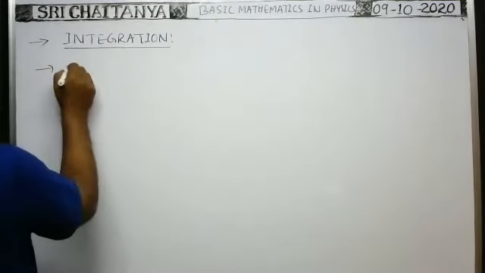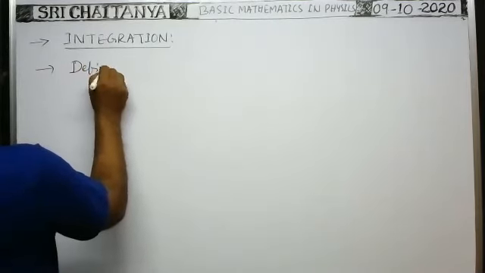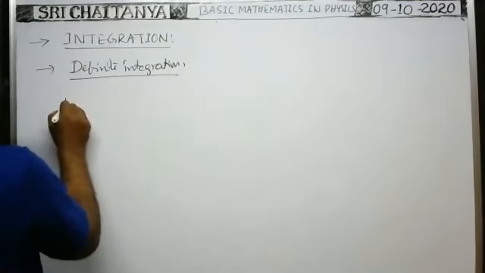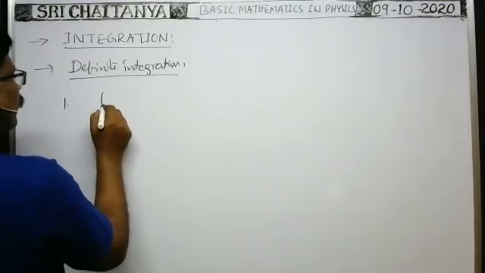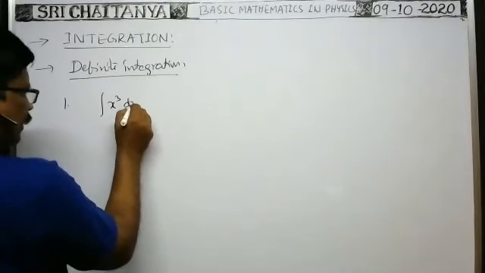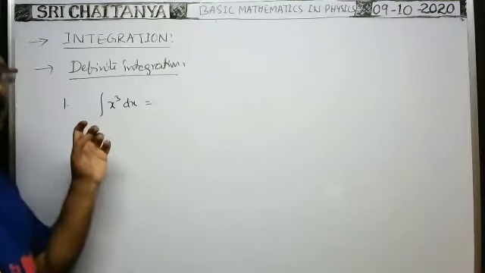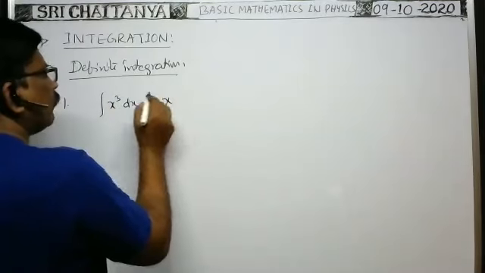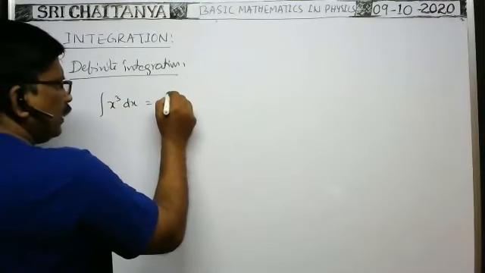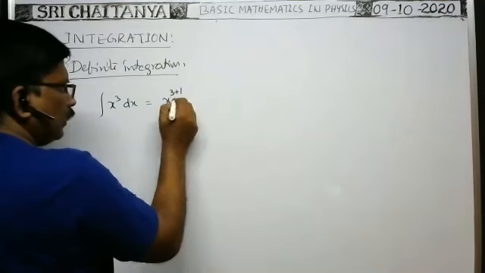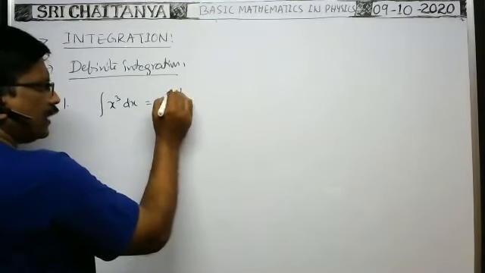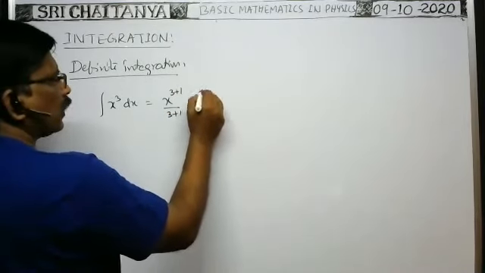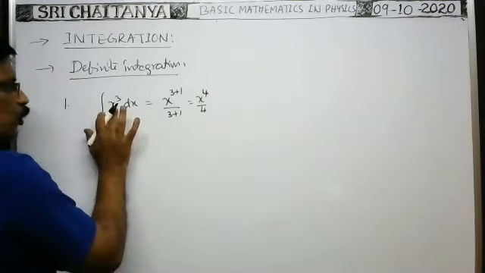So, definite integration. One example you see. Suppose integral x to power of 3 dx is there. అంటే x cube ని మనం ఇంటిగ్రేట్ చేస్తున్నాం. What does it mean? x cube ని ఇంటిగ్రేట్ చేయడం అంటే ఇక్కడ x to power whatever the power here, that power must be increased by 1. 3 plus 1, by whatever the power you will get, we have to write that power in the denominator, 3 plus 1. That is equal to x to power 4 by 4. It is the integration of this x cube dx.